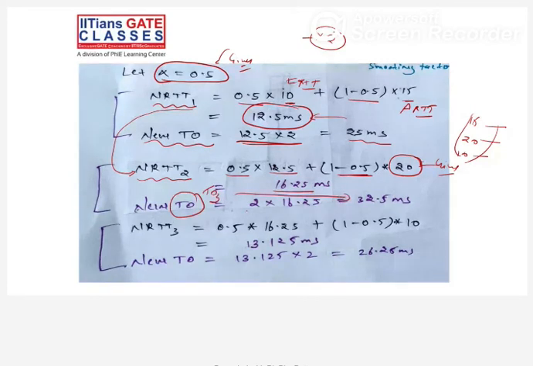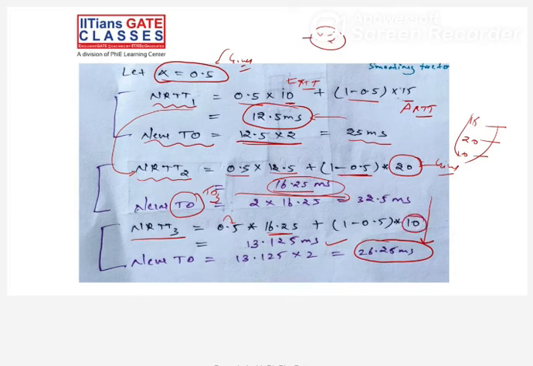See, the first one is the basic algorithm. Let's say the initial round trip time is 10 milliseconds. Let's say this is random. So the initial timeout will be 2 into the round trip time. So for the first timeout, your timeout will be 2 into RTT. In the starting, 10 milliseconds is there, so it will be 20 milliseconds, right? That is your timeout. And the actual round trip time is 50 milliseconds, which is given.